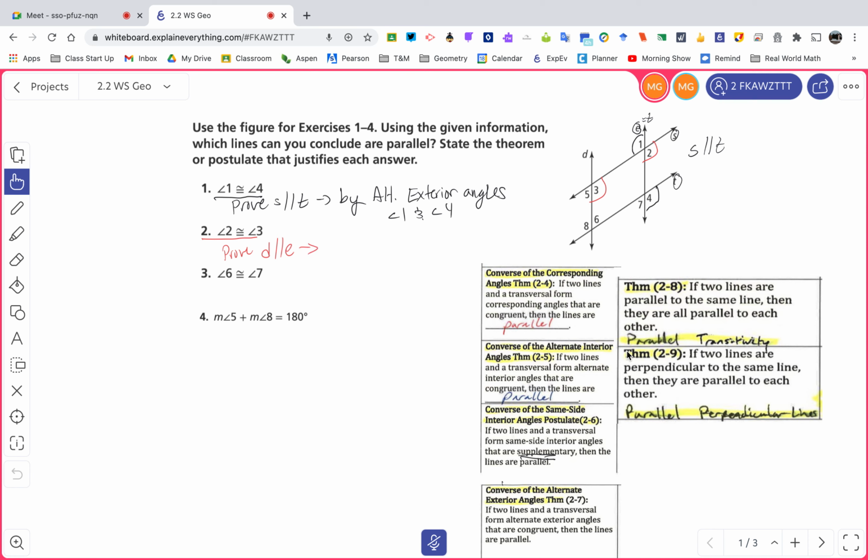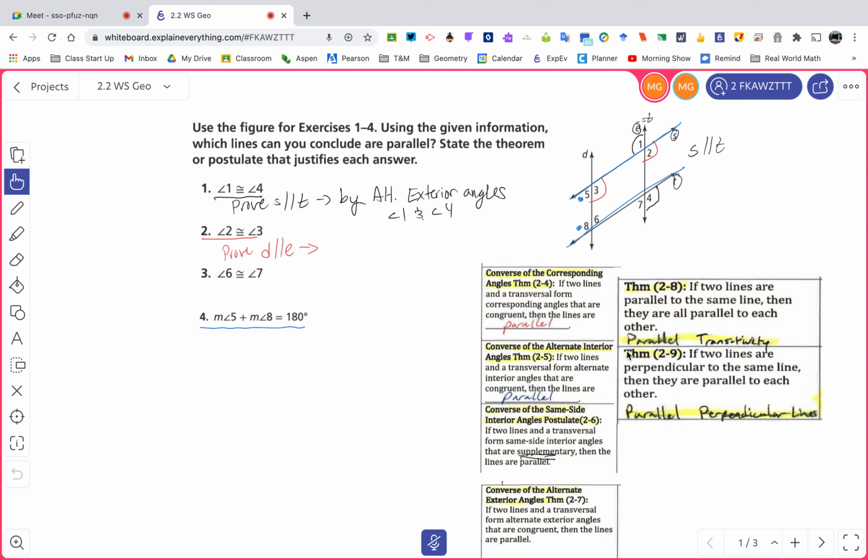Then you have to tell me why. If we jump to number 4, it says 5 and 8. What type of angles are they? You have to figure it out and tell me what they are. The two lines we're trying to prove parallel would be S and T,